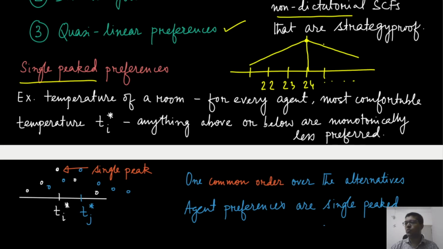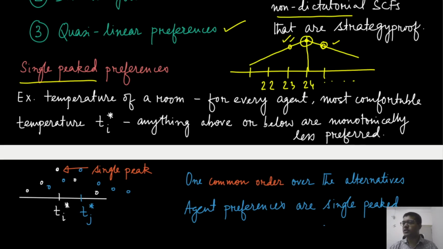We might not say what is the relative ordering between this and that. So maybe you prefer colder temperatures more than hotter temperatures. In that case 23 will be above 25, but that is perfectly fine. In fact, 24 followed by 25 and 23 is also admissible. But the point is that there should only be a single peak, and hence the name single peak preference.